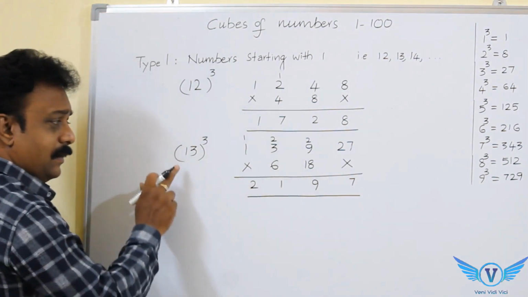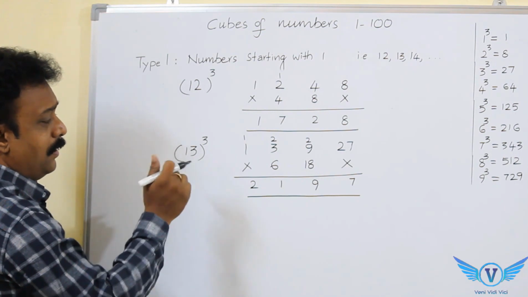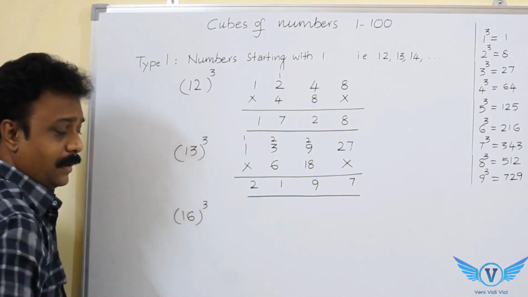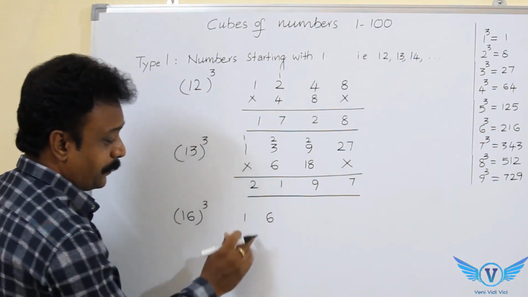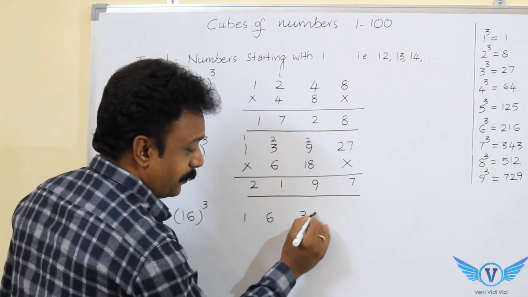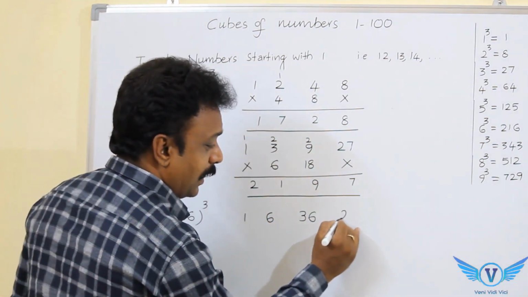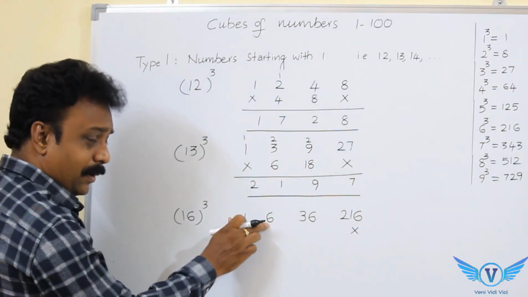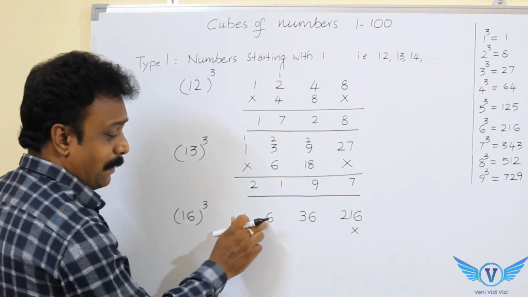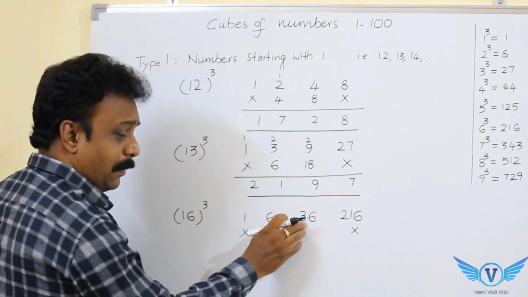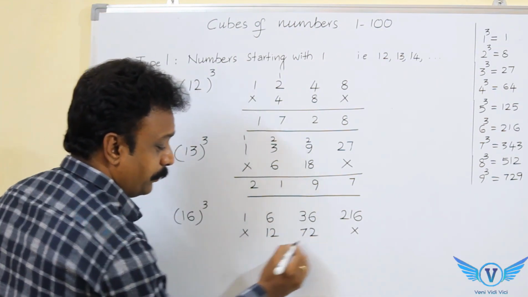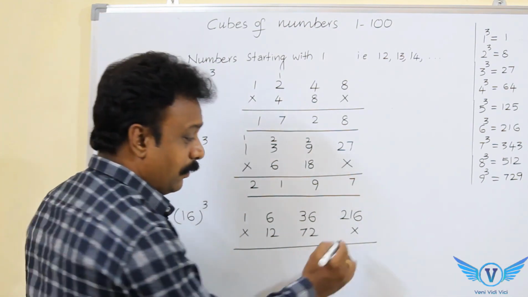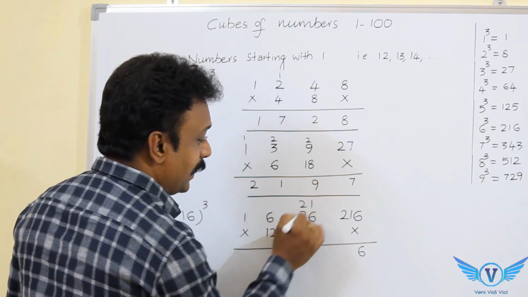Let us take another example. For example, 14 cube. Now, let us take 16 cube. Now let us write the 2 digits, 1, 6. Square of the second digit, 36. Cube of the second digit, 6 is 216. Now, leave these 2. Double this number, 6 into 2, 12. Now double this number, 36 into 2, 72. Now let us add. 216 plus 0, 216. We will write 6 here and 21 will be carried.